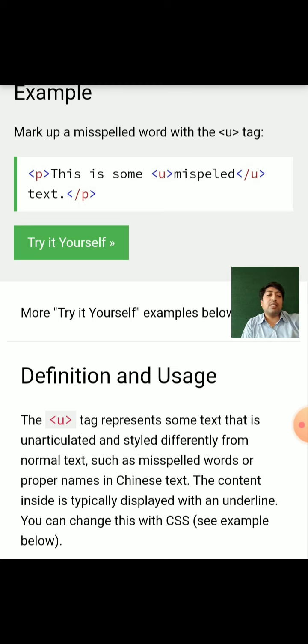Our next tag is the b tag. I can't show the screenshot for that right now, but you can easily understand it like the u tag. The u tag is the underline tag, and the b tag is used for bold. Bolding a character, a sentence, or a word can be done with the b tag. You should use the b tag for giving boldness to the text, the word, or the sentences.